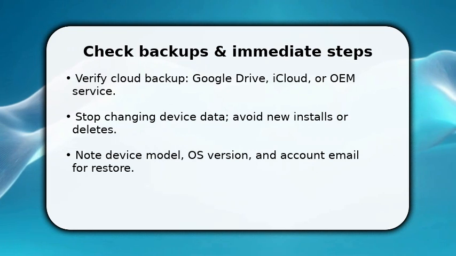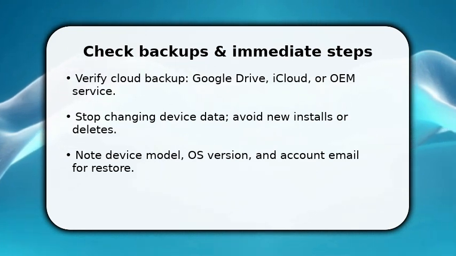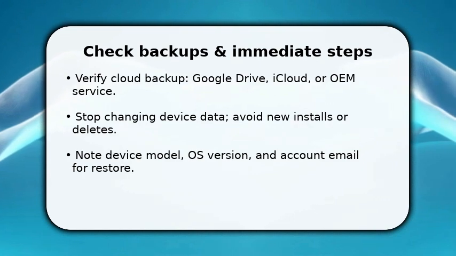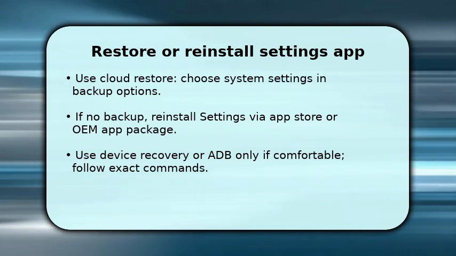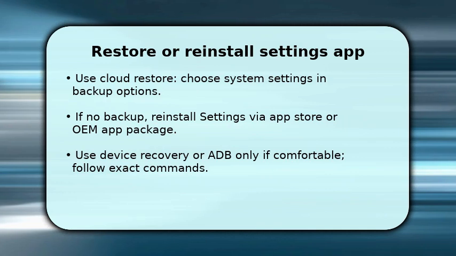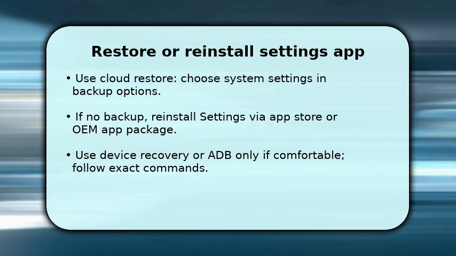Now restore the settings. On a secondary device or via web, trigger the cloud restore and select system settings. This pulls back Wi-Fi, accounts, and preferences. If no backup exists, search your device's App Store or OEM support for the settings app package and reinstall it. This recreates the interface. If reinstall fails and you're comfortable, use official recovery tools or ADB to sideload the correct